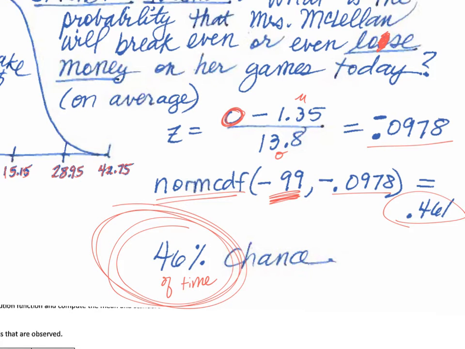Okay? All right, so casinos bank on that. Casinos count on having that probability, and they count on the law of large numbers holding true, and that these probabilities come through in the long run.